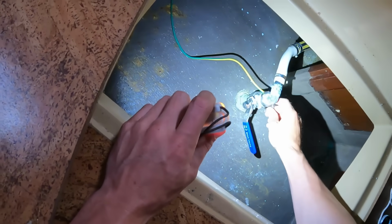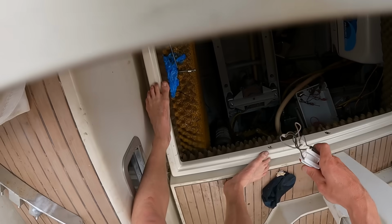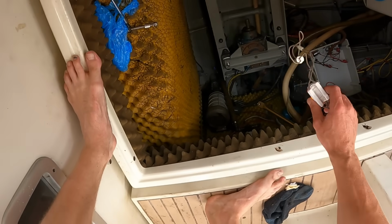Alright, that was a little bit stressful, so let me update you now that it's all passed a little bit. Some of the checks I had to do when we got placed in the water: I had to check all the seacocks to make sure none of them were leaking, because I did replace 2 seacocks. I also wanted to check the engine room, because if the engine room floods, we're losing half the good stuff in the boat. So I checked all the seacocks, they're all good. The engine room seacock, all good. But there was one thing I forgot to check in the moment, and Isabel reminded me afterwards, thank goodness: